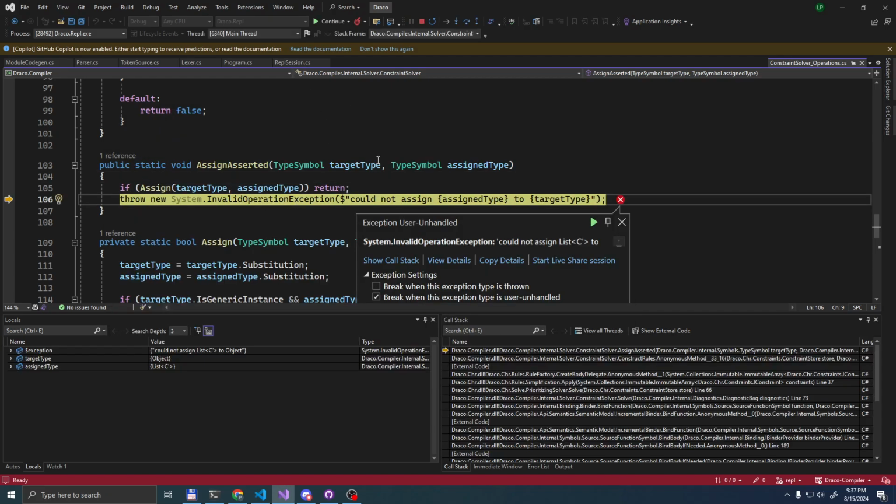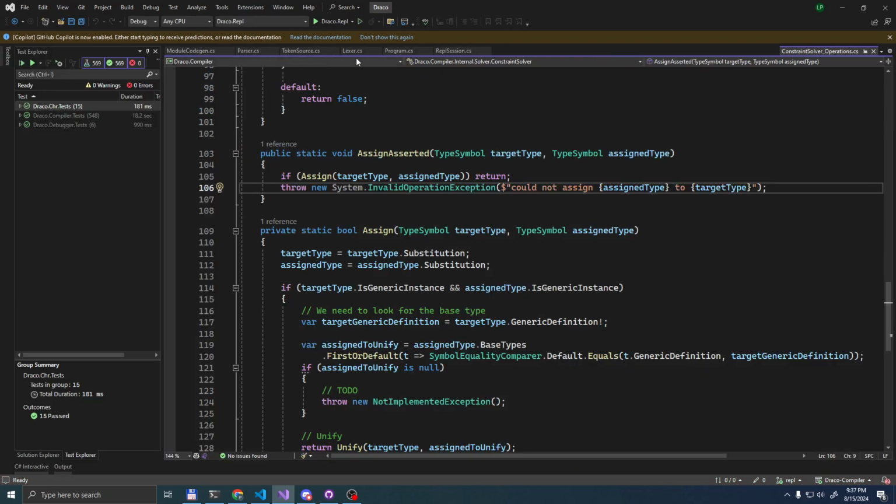So let's try to construct a list, and we are trying to assign to an object because we implicitly wrap expressions into a function that returns an object, and we're trying to assign a list of an unknown, and we are not checking for that yet. We're not checking for it somewhere. You're surprised we even infer an object there. Well, this is not inferred.